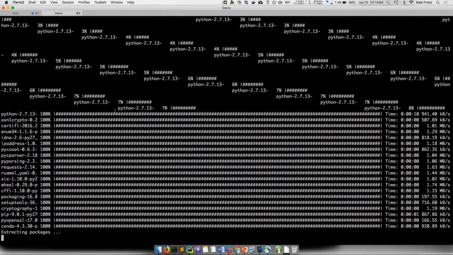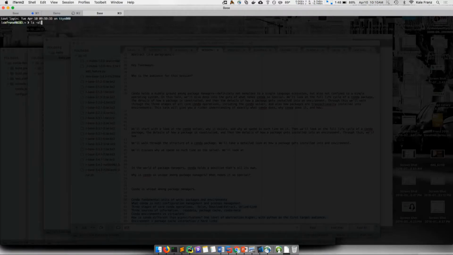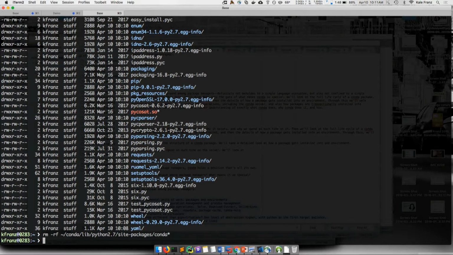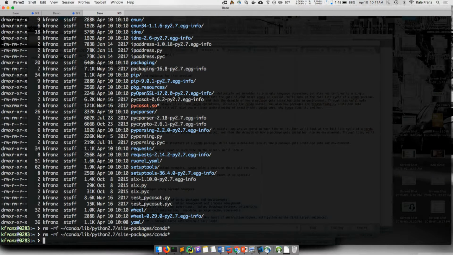All right. So we have our Conda directory, and what I'm going to do is remove Conda here. This is the don't look behind the curtain thing. Actually, so this is site packages. This is where Python installs everything. I just completely removed Conda, and now I'm going to